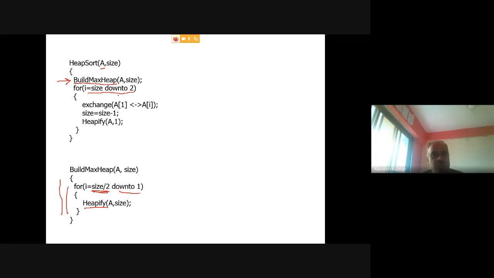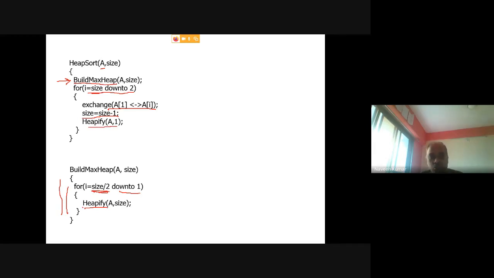So how you sort, when I is equal to size, that last place, you need to actually interchange or swap first position with last position, ith position. I is initially size, right? So swap these two. After swapping, you need to reduce array size by 1. So now last place is now gone away from that max heap, right?